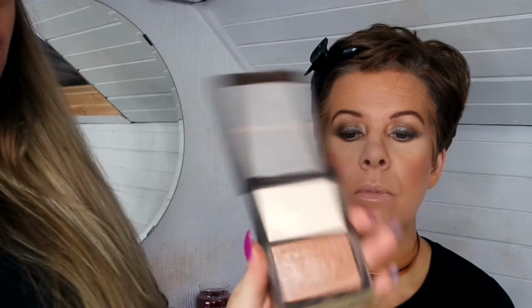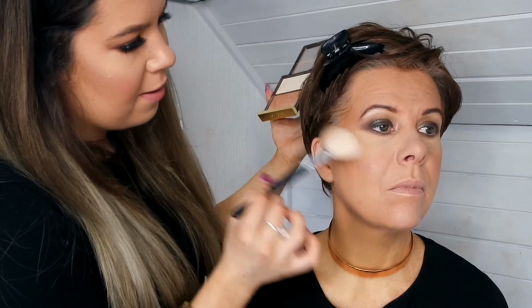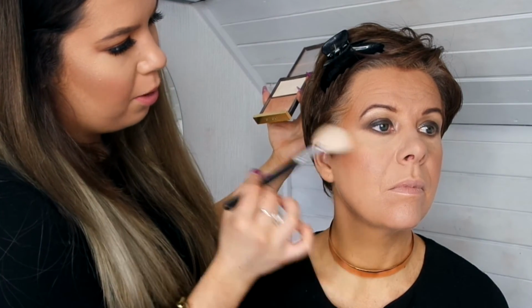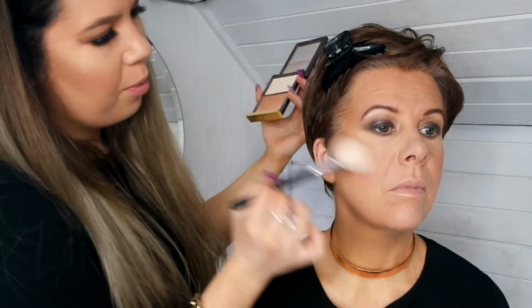Okay, so now we've done blusher and everything. I just want to finish off Mum's face with a little bit more of highlighter. So again, I'm going to be using the Tom Ford, and I'm going to be mixing the two of these shades together. I just sort of rub my brush between the two of them. And then I'm going to get Mum to turn her head that way, and I'm just going to hit the top of Mum's cheekbone by here. Bring it slightly above her brow. So you can see that glow coming on